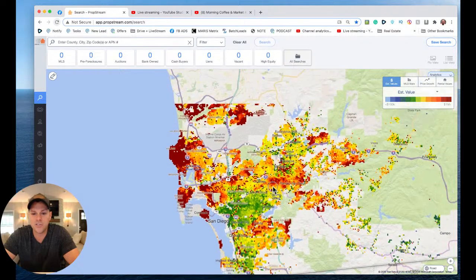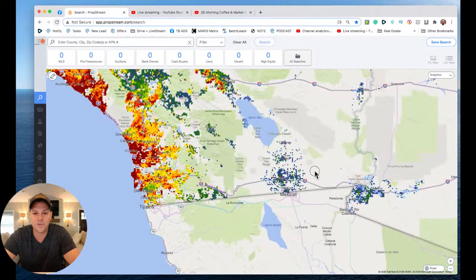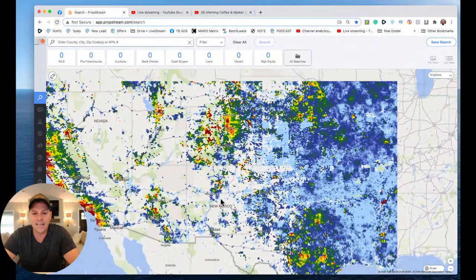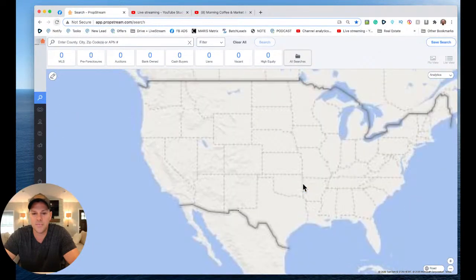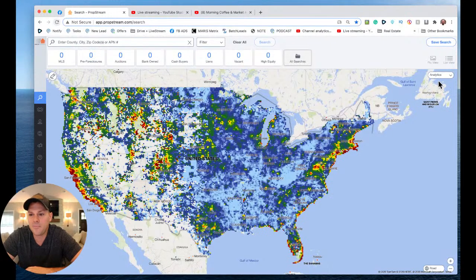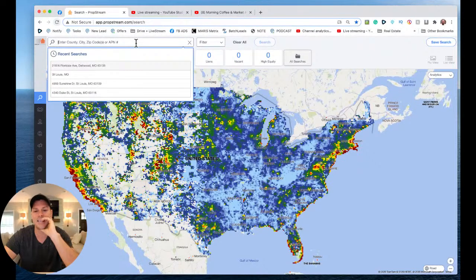So you can use this tool to analyze any market in the United States. Doesn't matter if you're wholesaling or fix and flipping. It has data nationwide, which is truly amazing. So you can see here, this is our value map based upon just the cost of the home. So the value of the home, right? Depending on where you live, it doesn't matter. You can use this tool. Phenomenal tool. Now, if I was going to use Propstream to pull lists of motivated sellers,